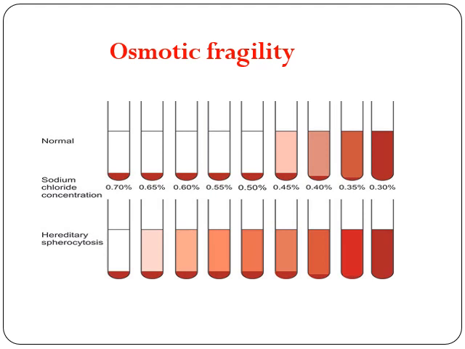If we see, we are placing the RBC in a decreasing concentration. Decreasing means from higher to lower level: 0.70, 0.65, 0.60, 0.55, 0.50, 0.45, 0.40, 0.35, 0.30. Now this is the normal case. We see the lysis occurring at 0.45. But if we consider our case of hereditary spherocytosis, the hemolysis is starting at 0.65%. That is at the higher concentration, meaning the osmotic fragility is increased. So by increased osmotic fragility, we mean hereditary spherocytosis.